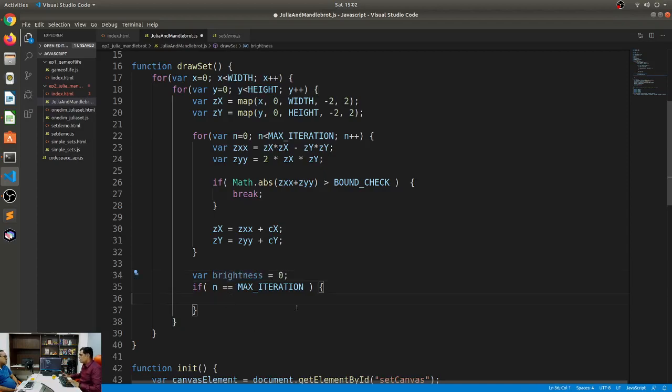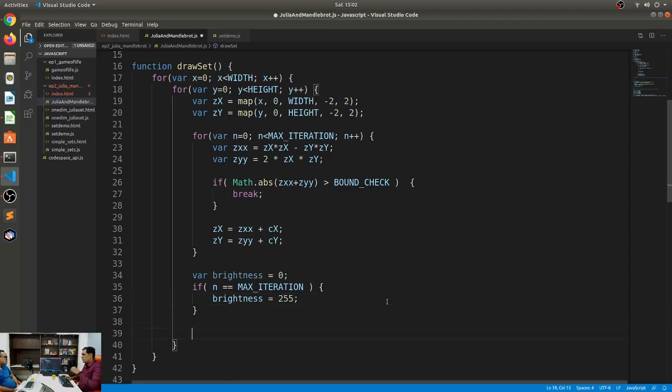And if it reaches this, I'll say brightness is equal to 255. So now I have a brightness value. If it has reached max iterations, it means it is bounded, and therefore it will be lit.